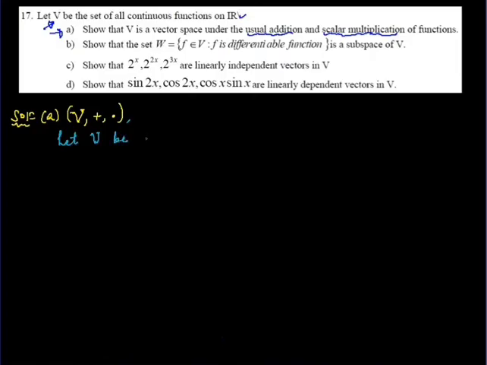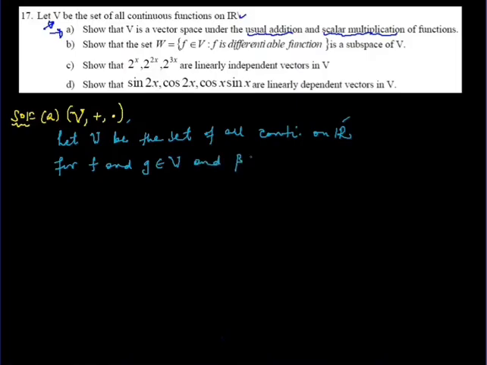Let V be the set of all continuous functions. This is the set of all continuous functions defined on the real numbers. For any f and g from this set, any continuous functions, and beta a certain real number,